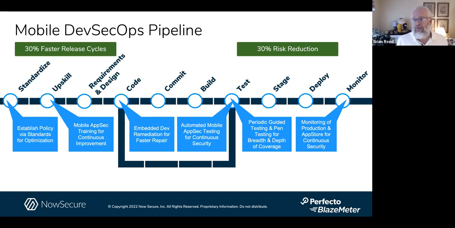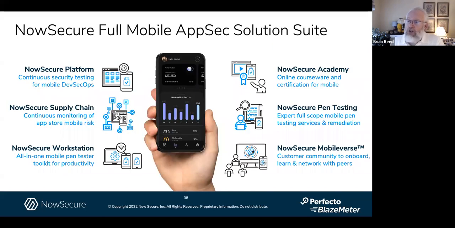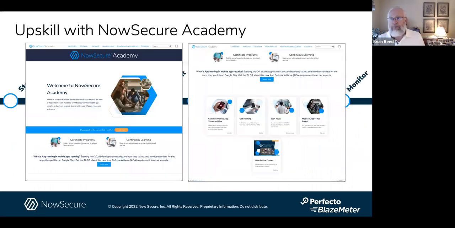And so what we have found time and again with our customers, it's basically a third, a third, and a third. 30% faster, 30% lower risk, and often 30% lower costs because you're taking cost out because you're using automation. So a solution set that makes this work, Eran talked about the full portfolio that BlazeMeter and Perfecto bring to the table. We've got a full suite of capabilities to help you get there, but today we're really talking about DevSecOps. So we're going to talk a little bit about platform and want to give you kind of a flavor of what this can be like when you're setting this up.